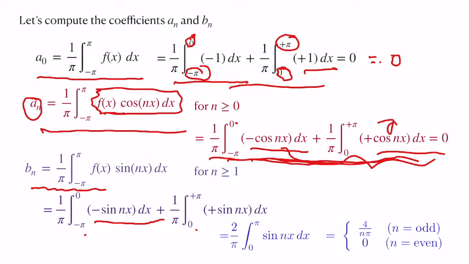Now when these two get added up, we have 2 by pi times the integral from 0 to pi of sin nx. It is straightforward to do this integral from 0 to pi. The result is going to be 4 by n pi for n odd, and it is 0 for n even. So we have these two values, depending on the odd and even nature of n. Combining these two conditions together, we can write the result as 4 by (2n plus 1) pi, with n going from 1, 2, 3 and so on.